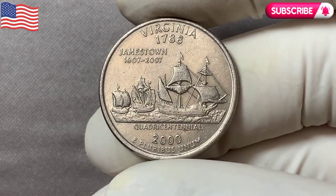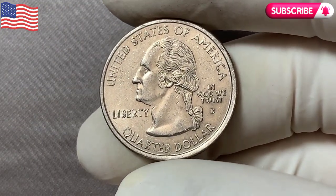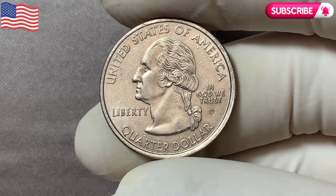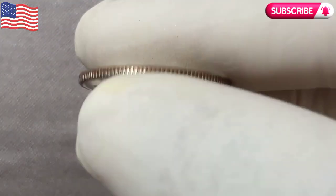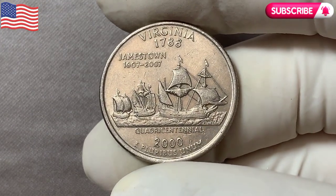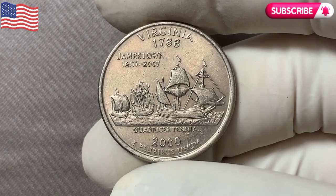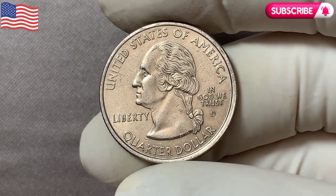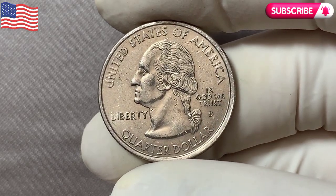One of the rarest involves a double die error, where elements of the design, such as the rigging on the ships or the inscriptions, appear to be doubled. It's subtle, but when spotted under magnification, the effect is clear and unmistakable. Another version shows off-center strikes, where the image on the coin is shifted slightly to one side. These small mistakes often happen when the coin isn't perfectly aligned during production, and they create a coin that's both